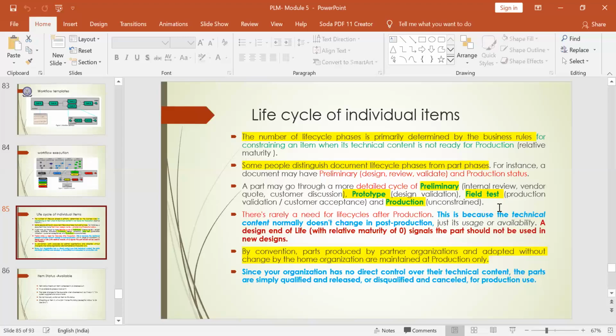We know product life cycle management for the product which is in the market. So what about the life cycle of the phases which come before the product is manufactured? That has to be analyzed. That is directly connected to the life cycle of individual items which come across during the preliminary phase, prototype phase, field test and production.